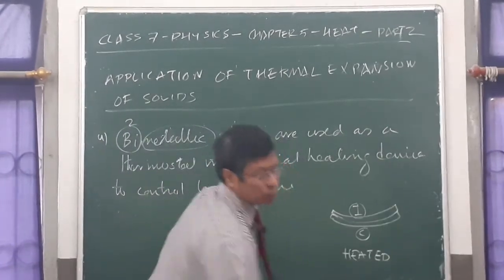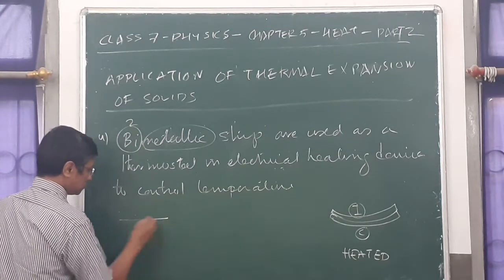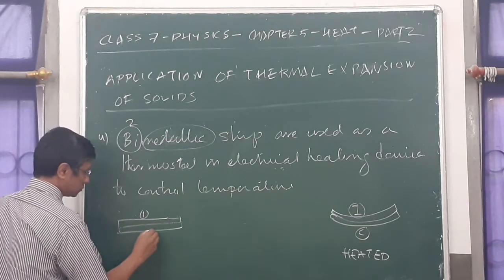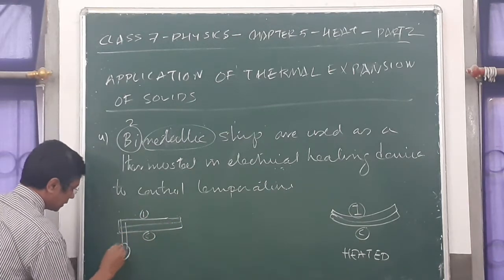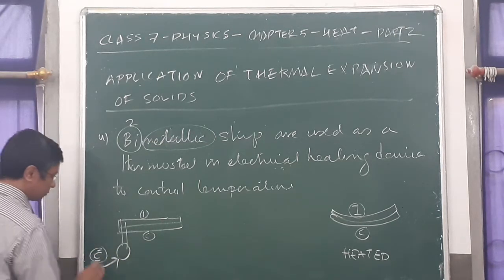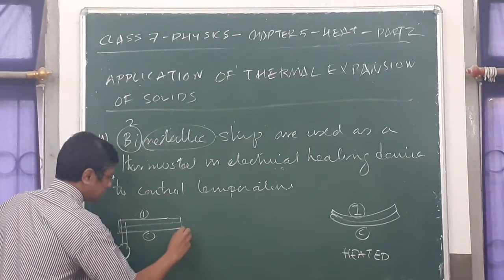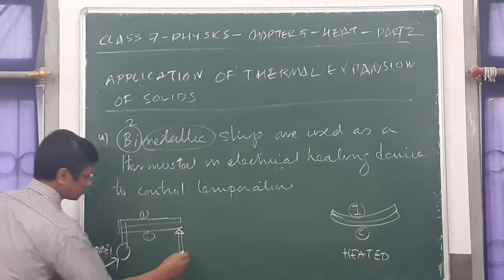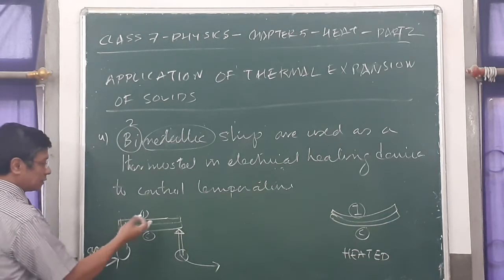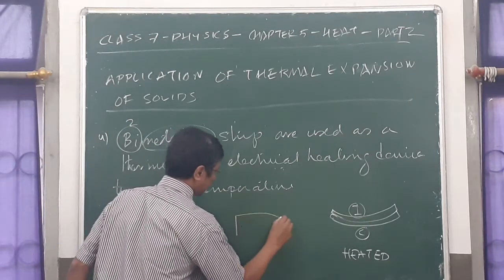A thermostat is a device which is used for controlling temperature. So, let us say you have a bimetallic strip made of iron and then copper, and one side is an electrical point through which electric current flows. Let us say C for current, for example, current is flowing through, and there is a contact point here at the other end, through which electric current flows out. Now, let us say this device is placed in an electric iron. You must have used an electric iron to iron your clothes,